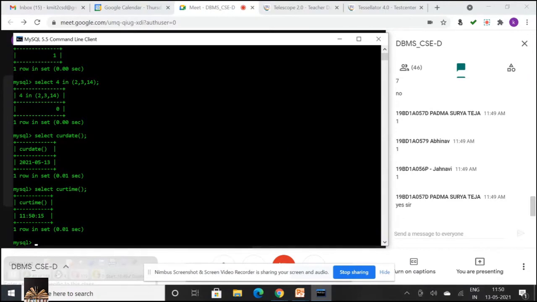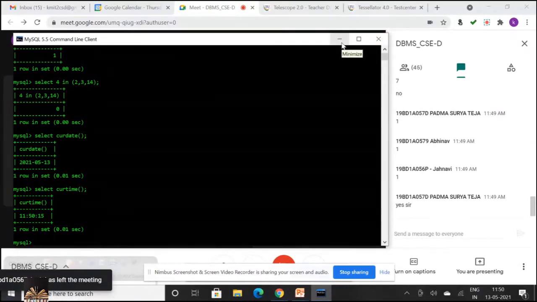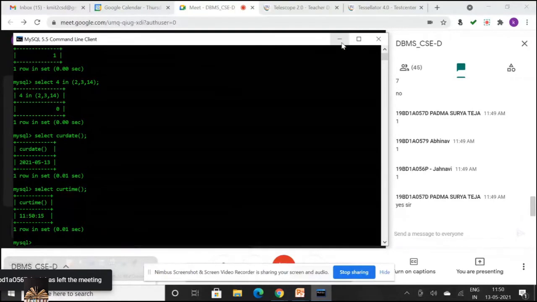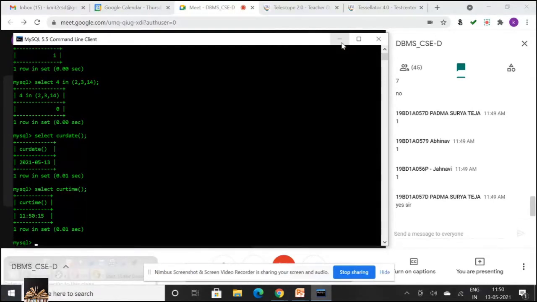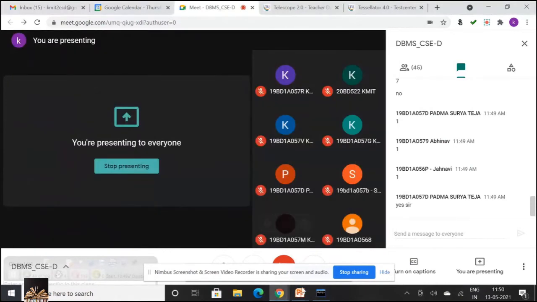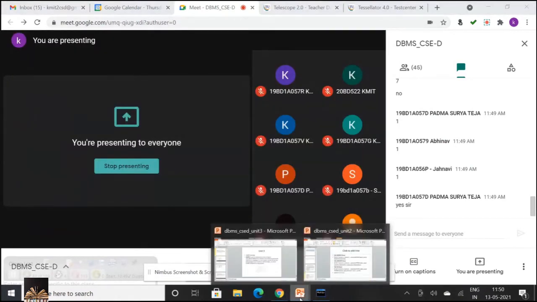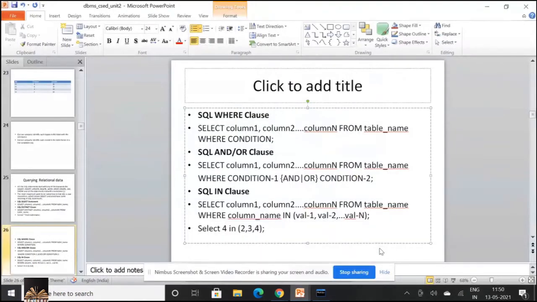So the format of date would be YYYYMMDD. All of you know that. So this way you're going to work, Amma. So please try to remember this. There are some functions which you can directly do without using the concept of databases also. Okay, so that is in clause for you.